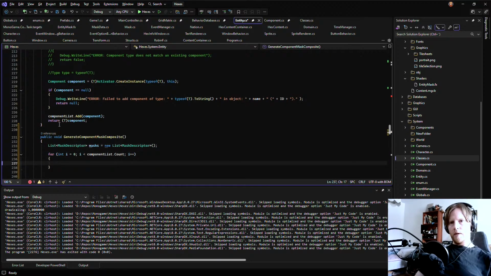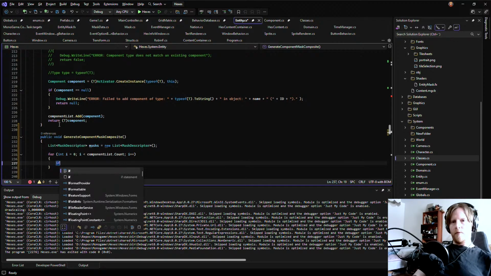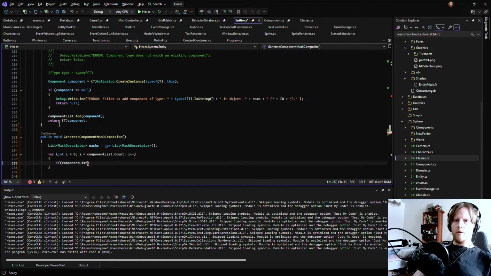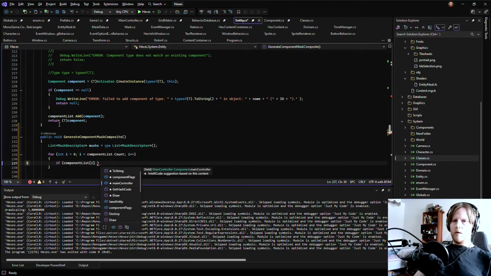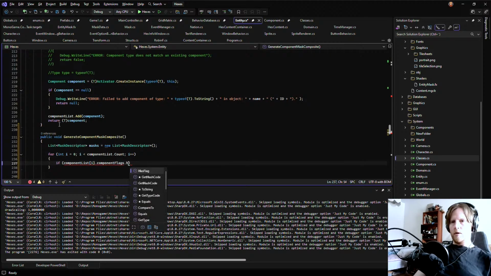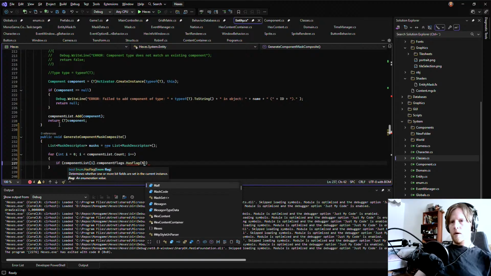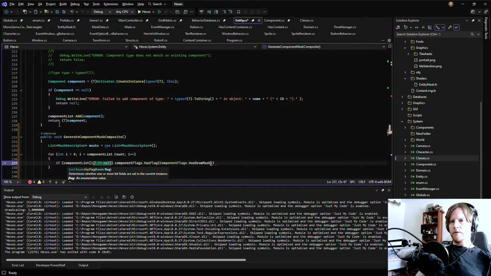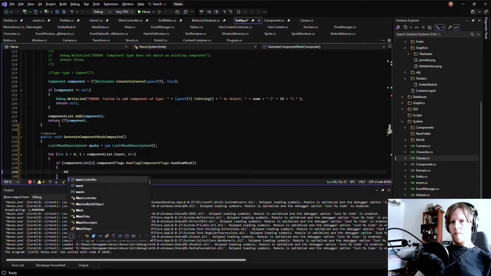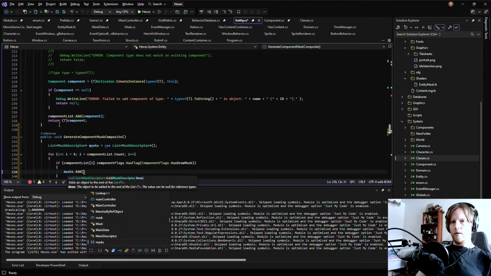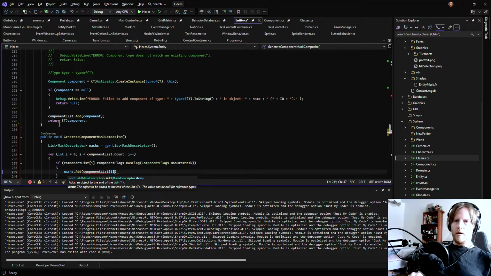And then we say if component list I dot has dot component flags dot has flag has draw mask, then we'll say masks dot add component list I dot